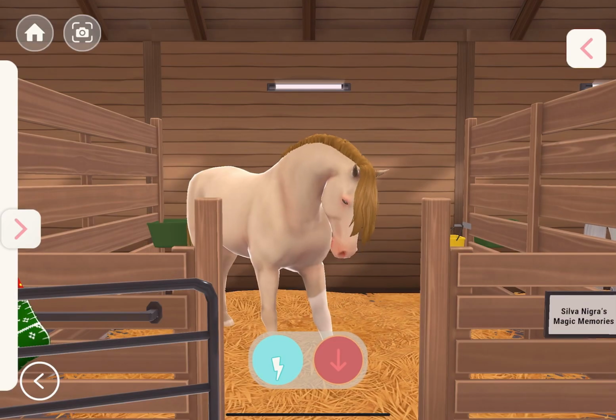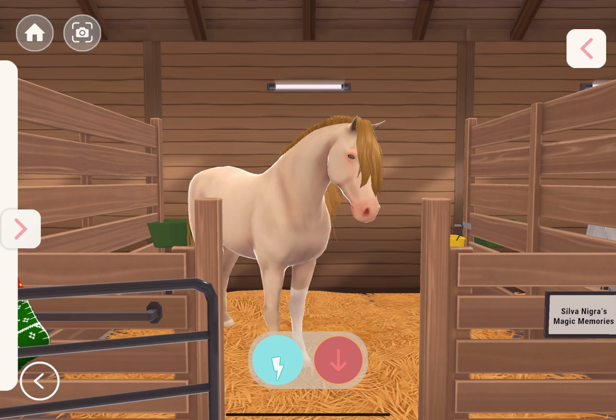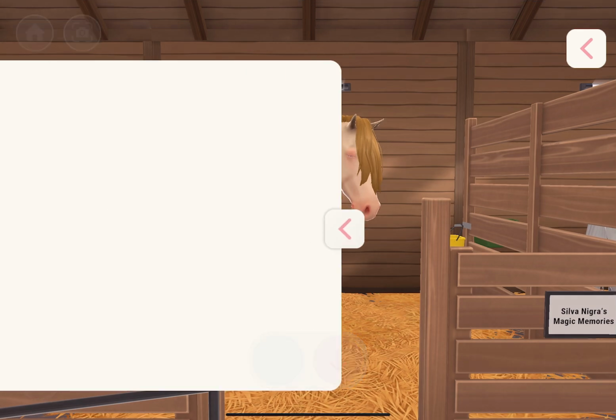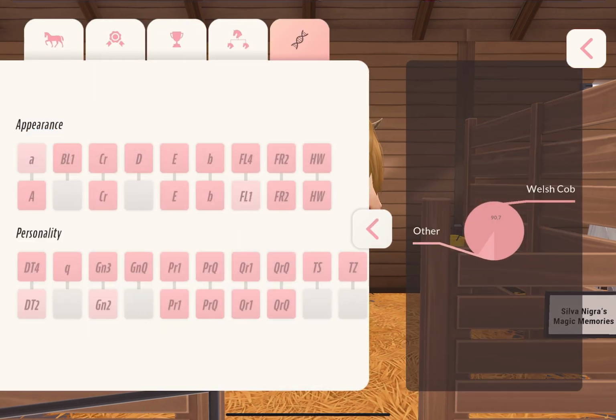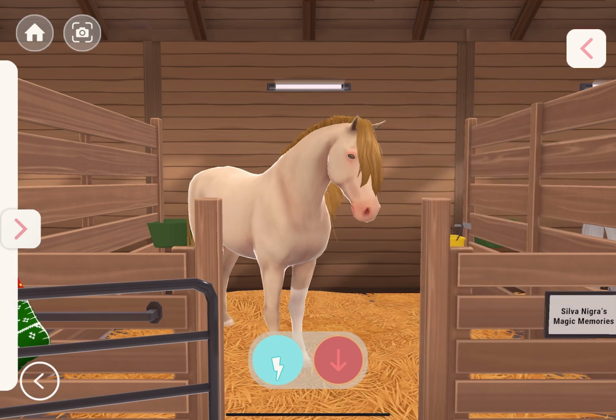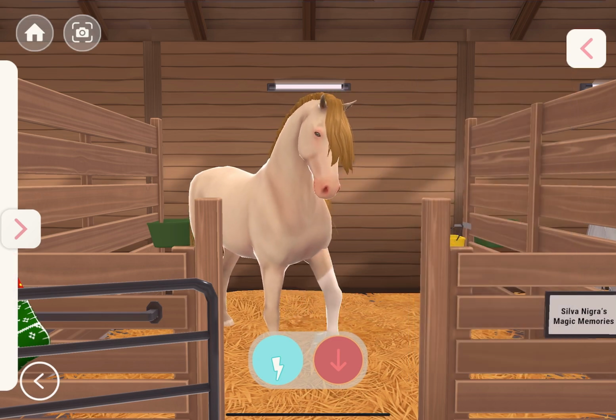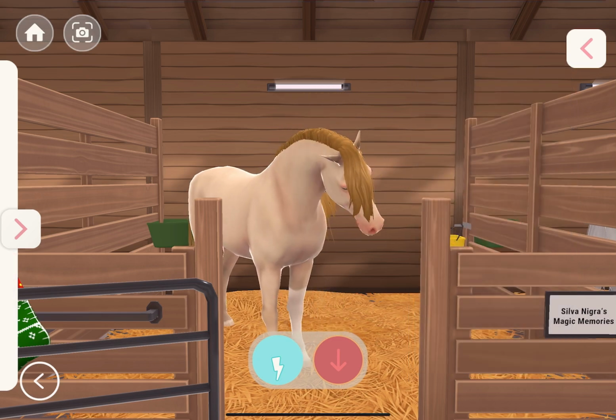For the perlino, you already see it's slightly lighter than the smoky cream, and if we look at the genetics, we see we have the bay code as the base here again, and then we have those two cream alleles. Now, normally in real life, as you see, we still have a dun gene here. We'll come in a second to what dun is. Normally, this would also affect the horse, but in ETG, if you have a horse with two copies of the